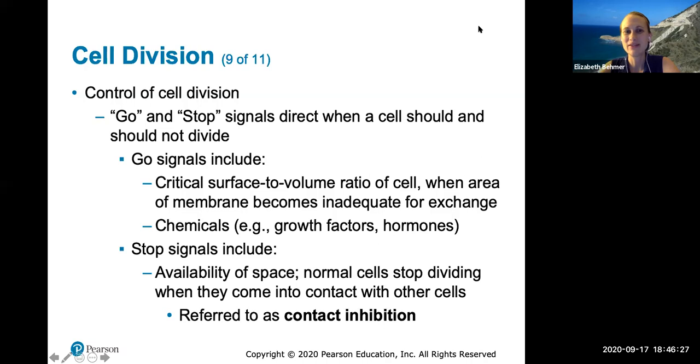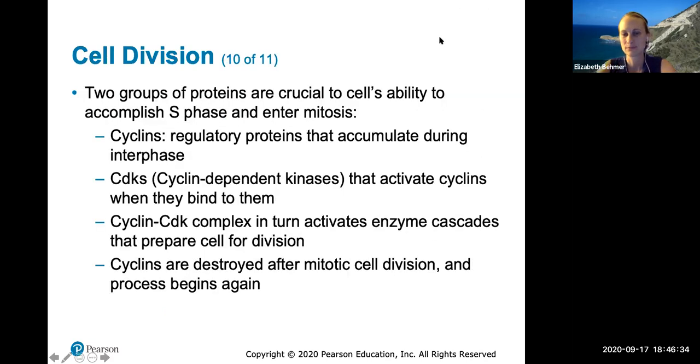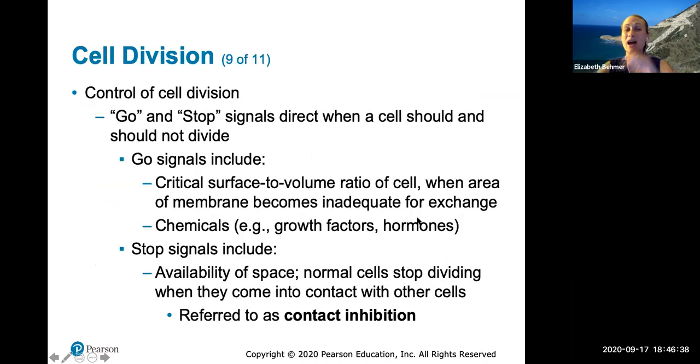Okay, cell division. In order to control cell division, because we don't want your cells to divide completely continuously, we have different start and stop signals, which help to direct when a cell should and should not stop dividing. Go signals include critical surface to volume ratio. This just means if the cell needs more space, it'll divide. Other chemicals could be a go signal, like a growth factor, which is telling the cell to grow and divide,